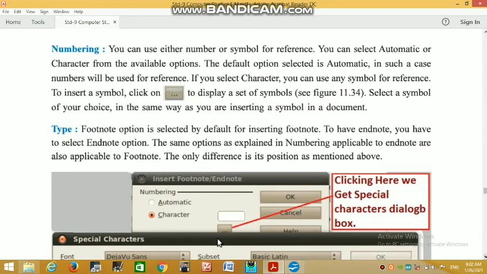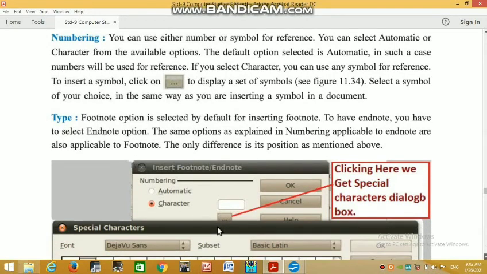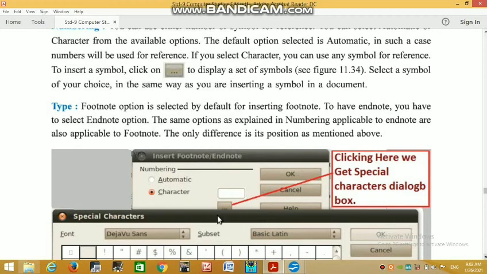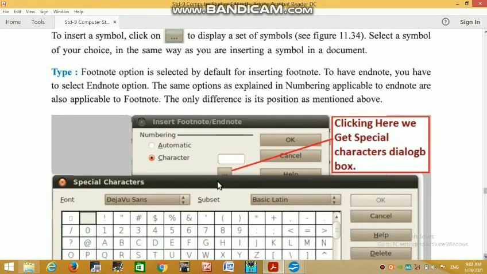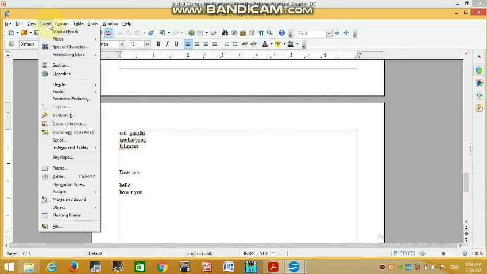Okay, footnote option is selected by default for inserting footnote. To have endnote, you have to select endnote option. The same options explained in numbering application to endnote are also applicable to footnote. The only difference is position as mentioned below. So insert, footnote, endnote.